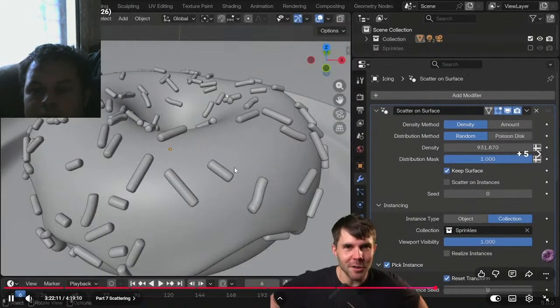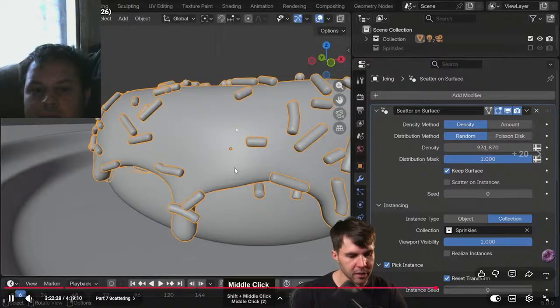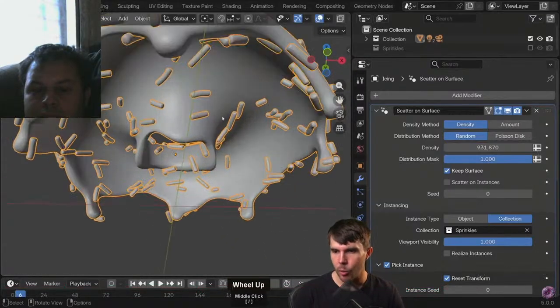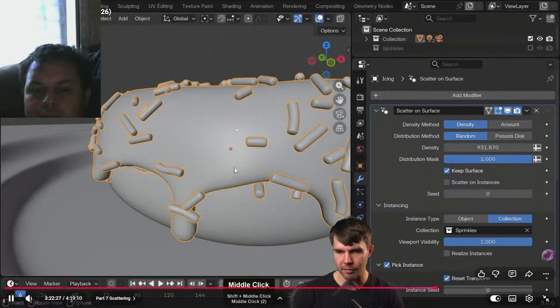Have to dive into the stuff. You can get, in fact, you select your icing